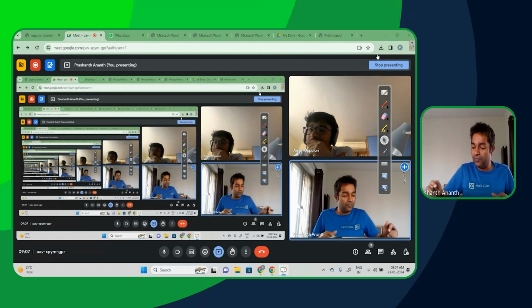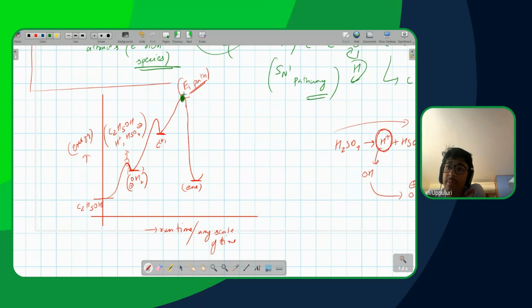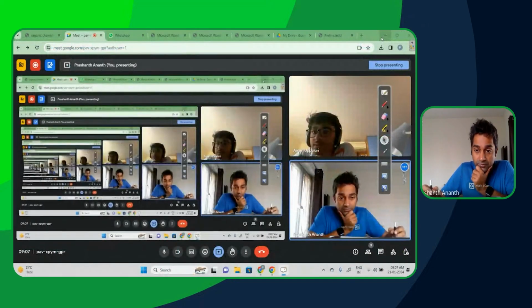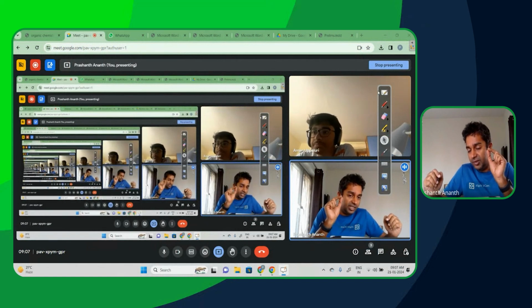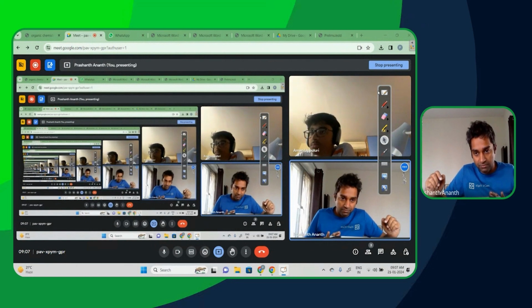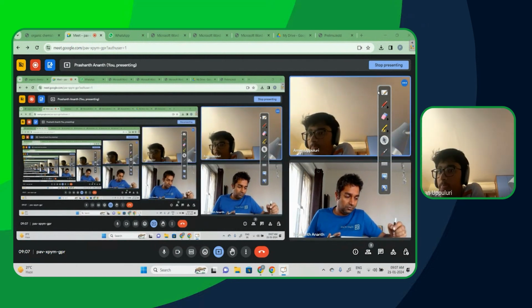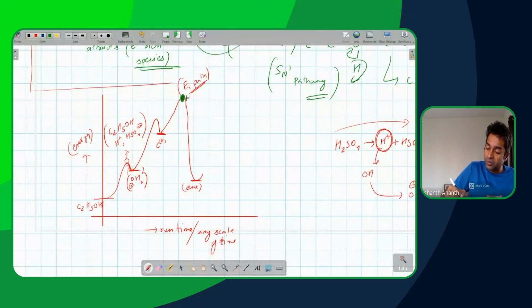Okay. So here, we'll first finish up this here. This E1 pathway here, I want to make sure you understand why this point is this high. Because we need to break the bond. When you're breaking a bond, there is going to be that instant stage where the bond has broken but the species has not been combined yet. So that is going to be the pressure point, the pain point over there, and the reason for that.